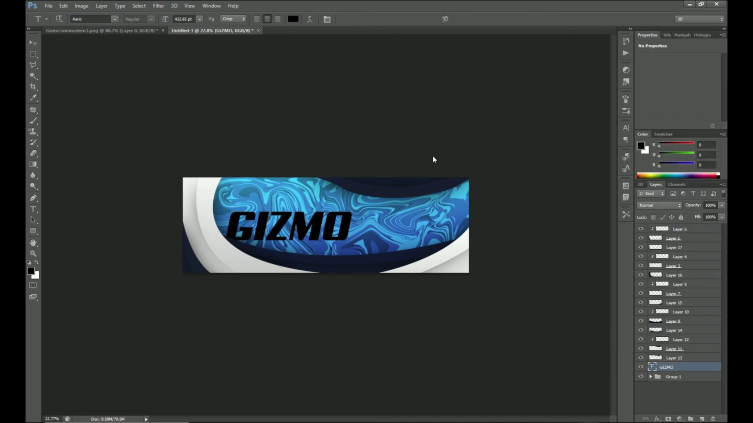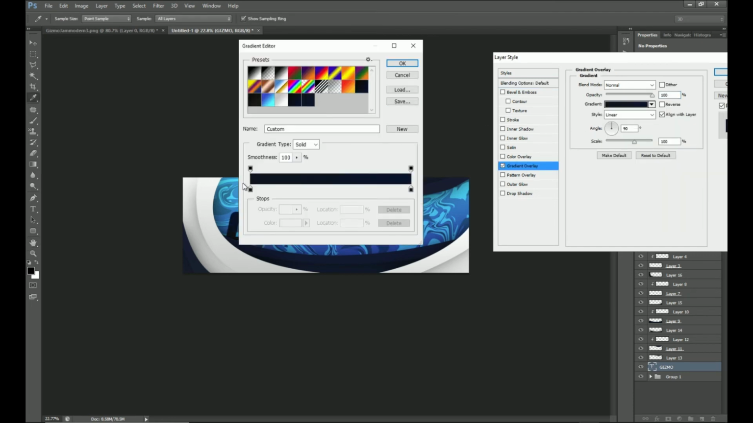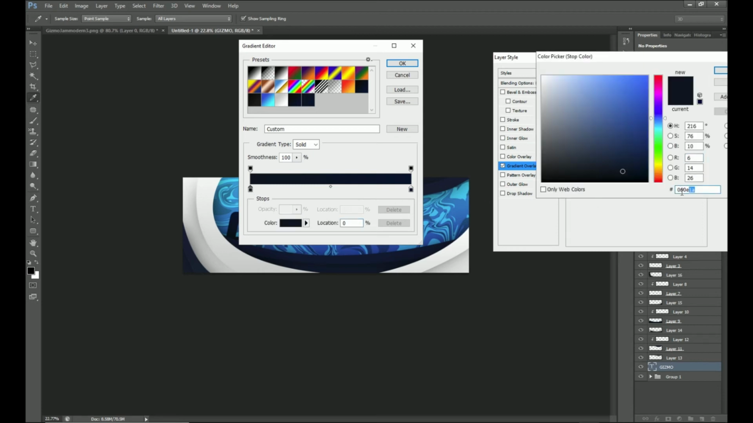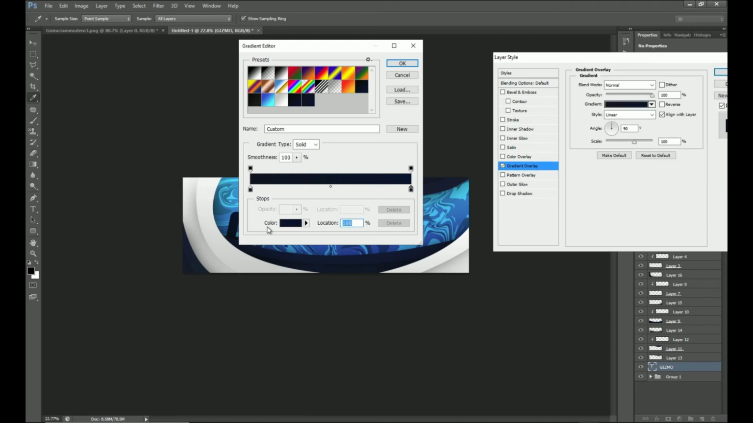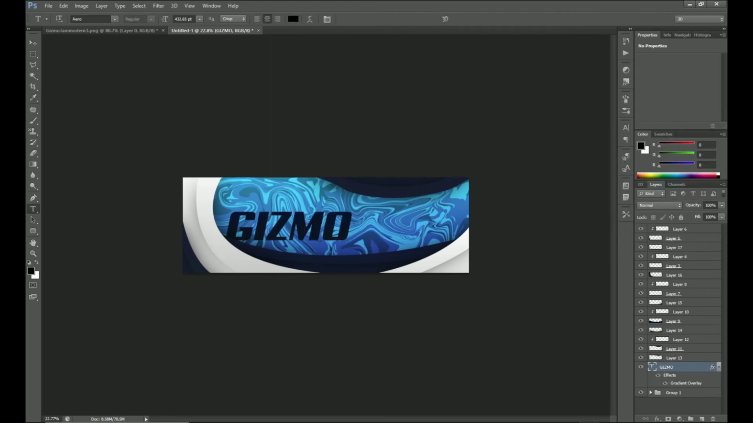Then you want to head on to blending options and gradient overlay. Select your gradient, so you've already made this one. It's just like a kind of navy. This is the hex code for it if you want to use my colors, to, you know, a slightly lighter navy, like that. So now you've created that, you just want to move it so it's slightly below that, which gives